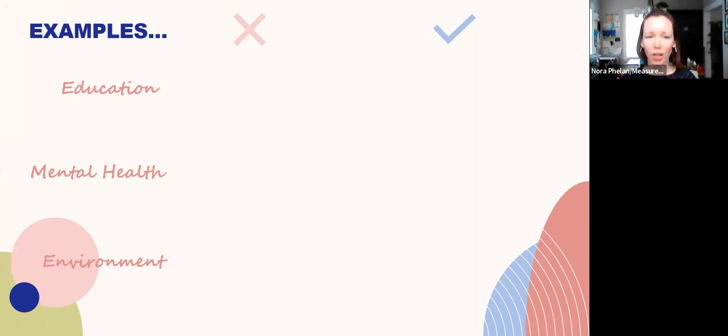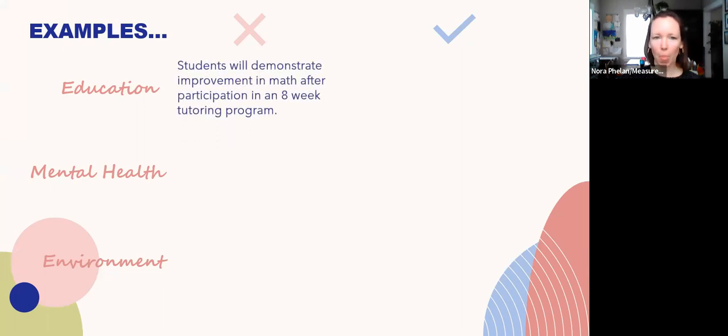All right, now we're going to get into the fun stuff, which is examples. I tried to come up with some examples from a range of program areas to hopefully have it be relevant. It's partially relevant to everyone. I'm going to start with the not so great examples and talk about the things that would be red flags for me, and then show you maybe a different example that might be a bit improved. So we'll start with education.